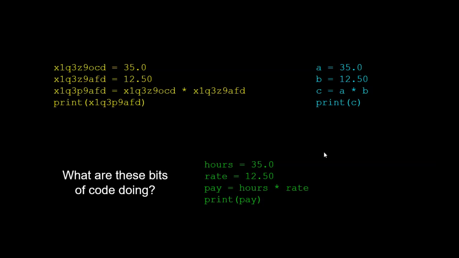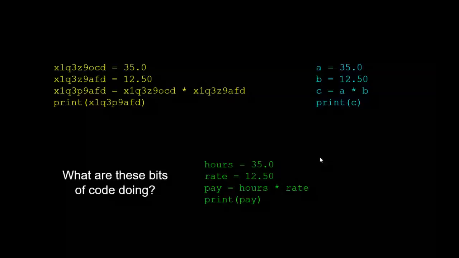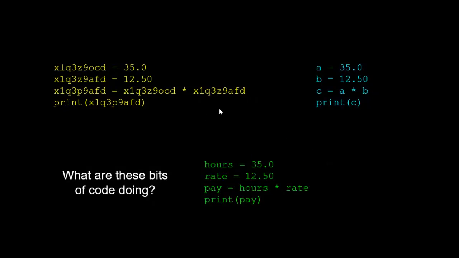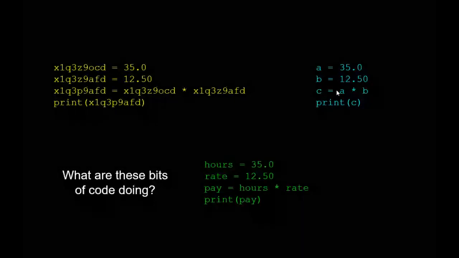So here is something that's potentially a bit better. So we know that in this case, hours is 35, rate is 12.50, pay equals hours times rate, print pay. That is a lot better, obviously, than this and this. But just to be annoying,